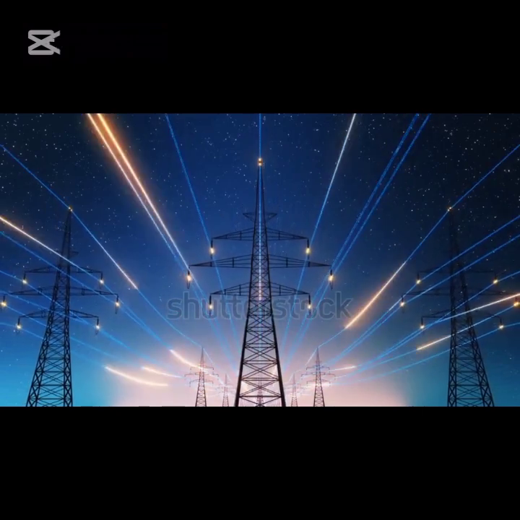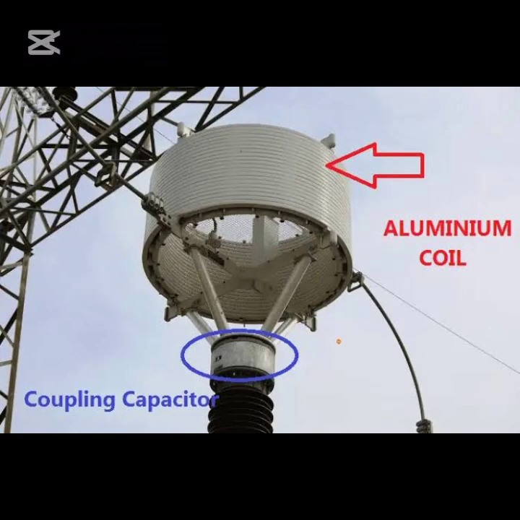Let's go into details. A wave trap, also known as a line trap, is a device designed to safeguard switchyard equipment from high-frequency carrier signals. It serves as both a filter and protective device, converting high-frequency signals into low-frequency signals, while providing protection against surge voltages. Understanding the role of a line trap is easier if one is familiar with the communication systems utilized in